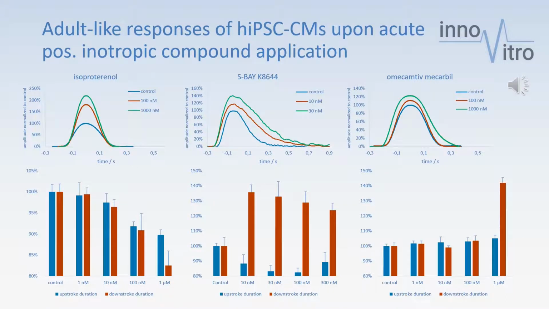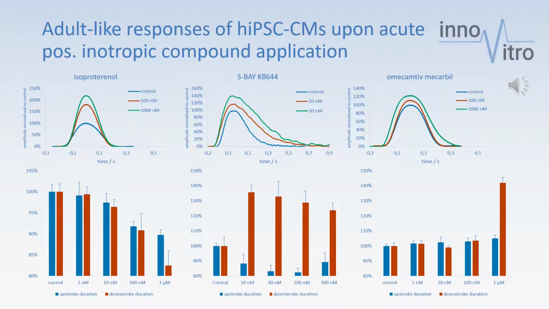The big advantage that we are creating with a physiological environment is the pro-maturation effect on human iPSC-derived cardiomyocytes on a functional level. In other cell-based assays, these cardiomyocytes usually don't show positive inotropic compound effects. But as you can see here, cardiomyocytes on FLEXcyte plates treated with isoproterenol, SBA, or omecamtiv mecarbil show increasing amplitudes